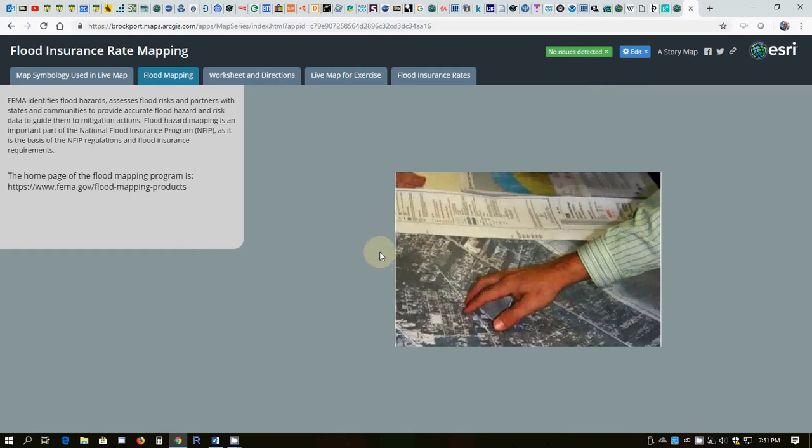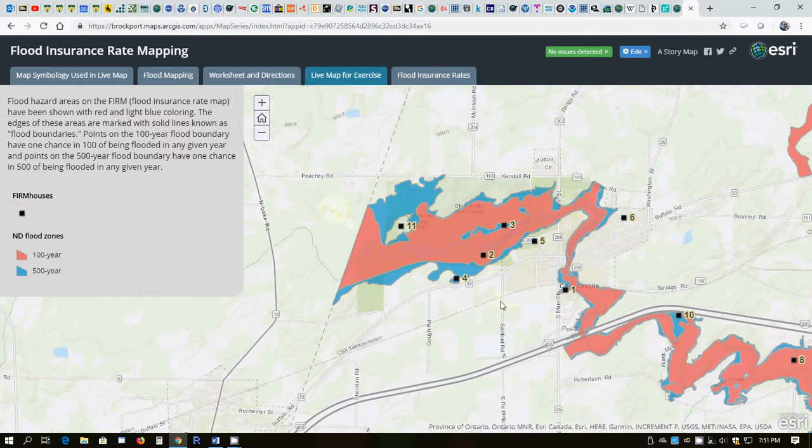Let's see. Flood mapping in the old days used to be done with paper maps, and one would draw on paper. The experts would draw flood zones on paper maps, and people would go down to the town office or the local FEMA, the most local FEMA place that they could find, and work with paper maps. We are much more advanced than that. We do have a live digital web map, which we'll be able to